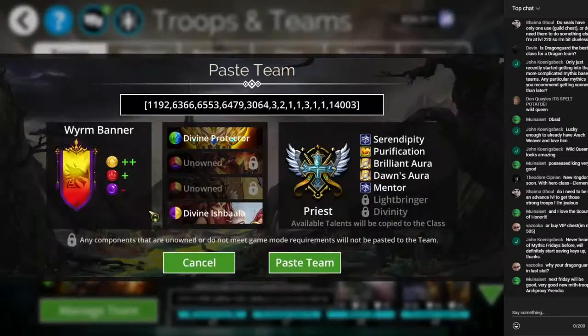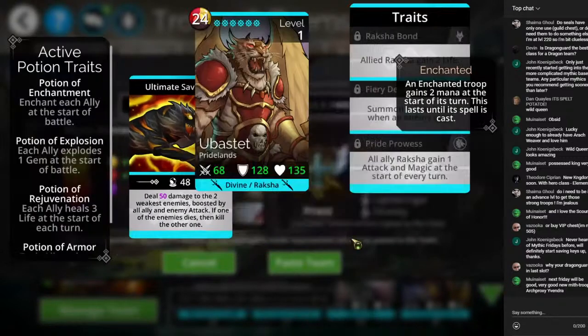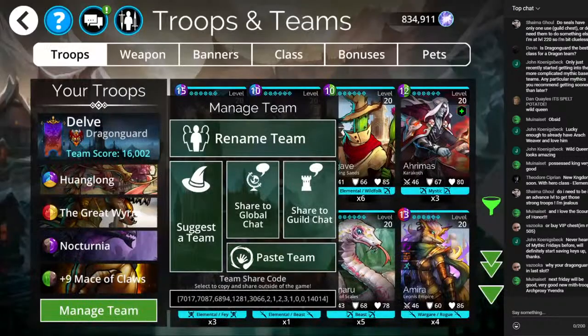I mean, I wish that I had Infernus, and I really want Ubistet as well. But I don't have them. So I will add that to my list of viewer-provided teams, of course. And I need to grab another team. How about...